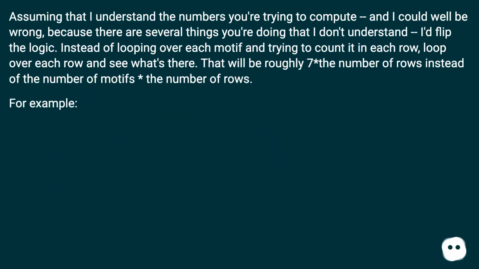Assuming that I understand the numbers you are trying to compute, and I could well be wrong, because there are several things you are doing that I don't understand, I'd flip the logic. Instead of looping over each motif and trying to count it in each row, loop over each row and see what's there. That will be roughly 7 times the number of rows instead of the number of motifs times the number of rows. For example,